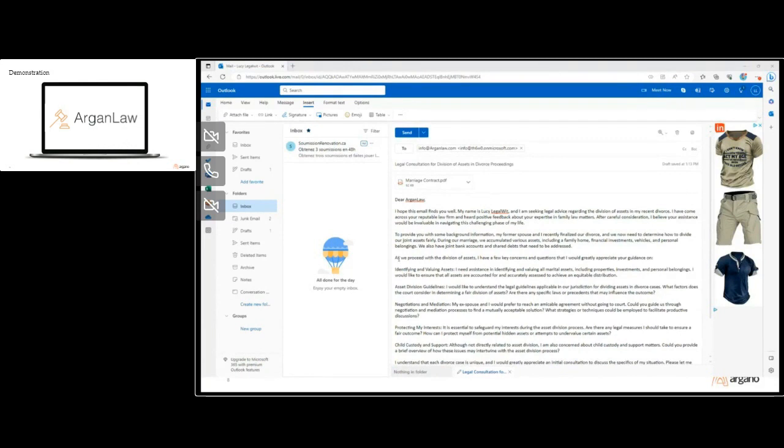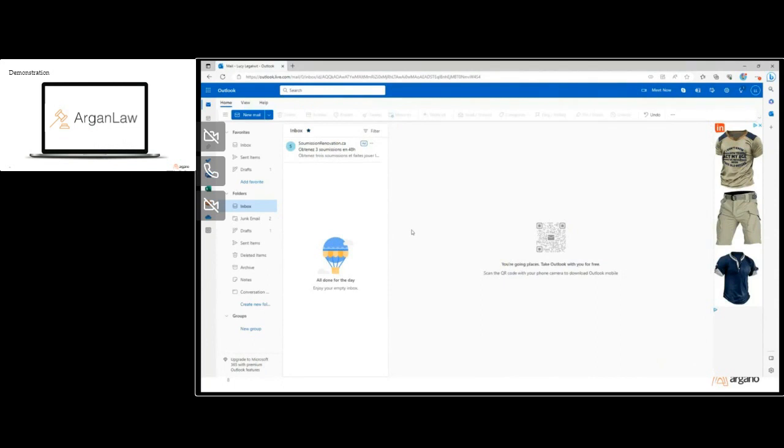So here we are, Lucy. And we're giving a short description of what we're looking for. And we're also sending a contract, or marriage contract, to the law firm. We could be sending it now, we could be sending it in a future email, it doesn't matter. But we decided on one email, it's a law firm anyway, so why not? So we got the email here, and we got the attachment over here. And we're sending it. So Lucy sent the document to our business.